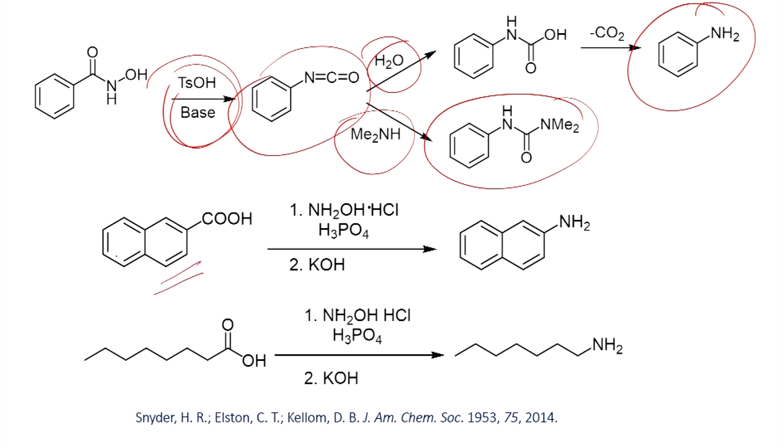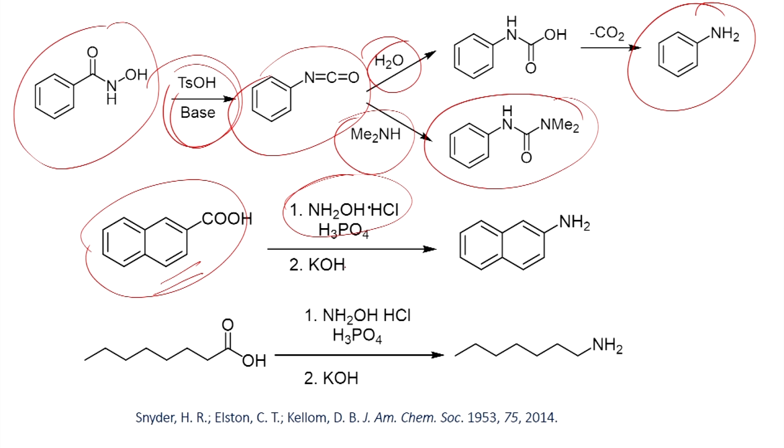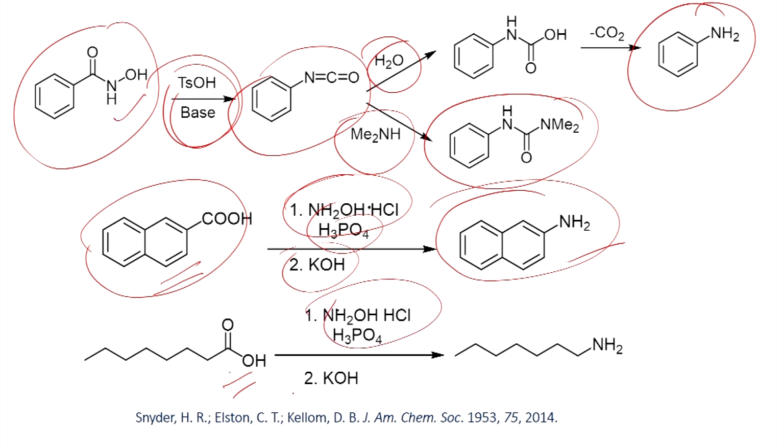Similarly, here the reaction of carboxylic acid is shown, which can be reacted with the hydroxylamine. As we have seen, you will be able to form this kind of hydroxylamine derivative. Once you form it, when you react with the phosphoric acid, you will be able to form the isocyanate, and the base also is needed, and you will be able to form this naphthylamine. Similarly, here the reaction of aliphatic carboxylic acid is shown, which can be reacted with the hydroxylamine to produce this derivative. Once you form this one, it can be further converted into the isocyanate, using these conditions, phosphoric acid and base, and you will be able to form the alkylamine as the product.